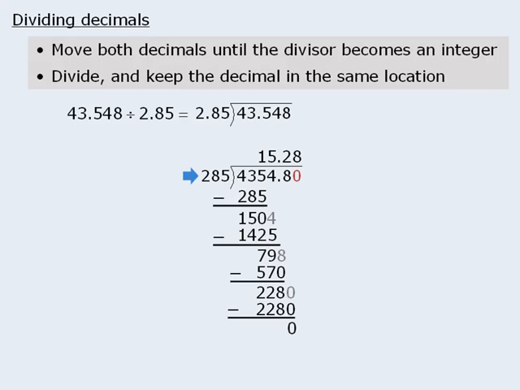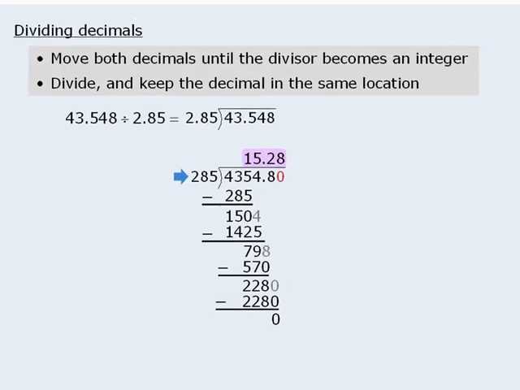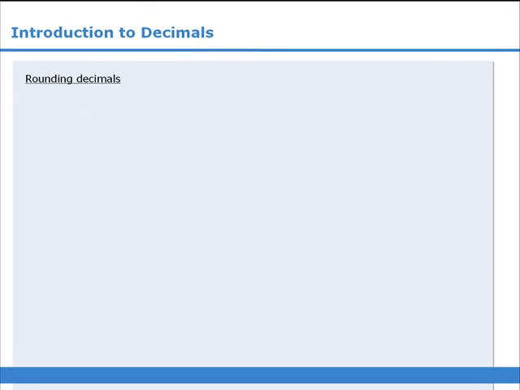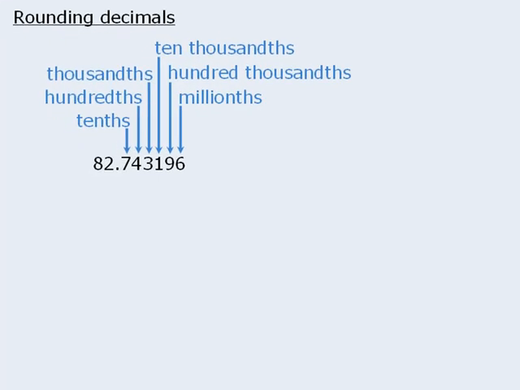At this point, we have a remainder of 0, which means we are done. The quotient is 15.28. Okay, the last topic we will examine is rounding decimals. To set this up, let's first remind ourselves of the place values. Now, when it comes to rounding numbers to a certain place value, we must first go to that place value